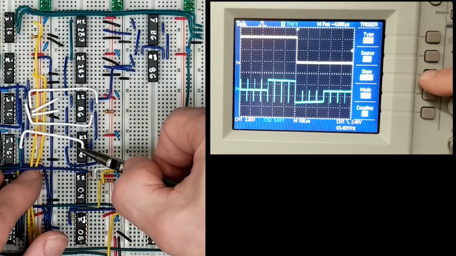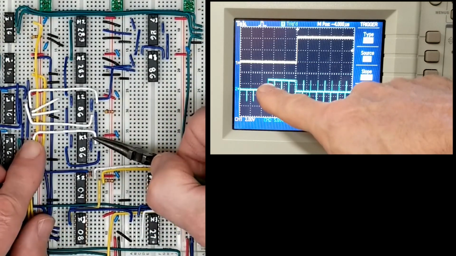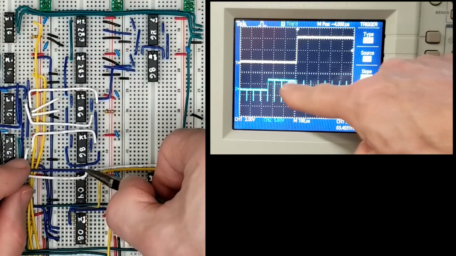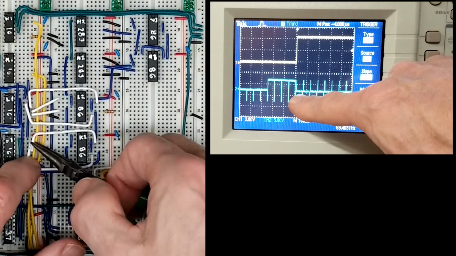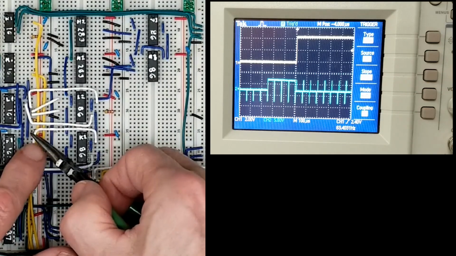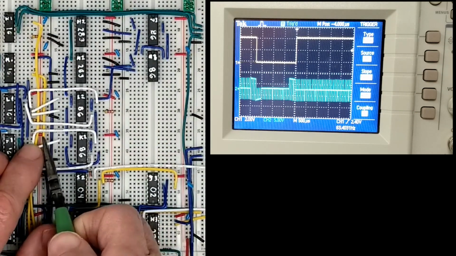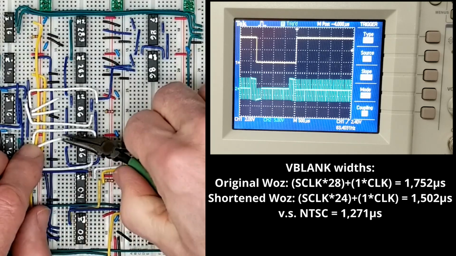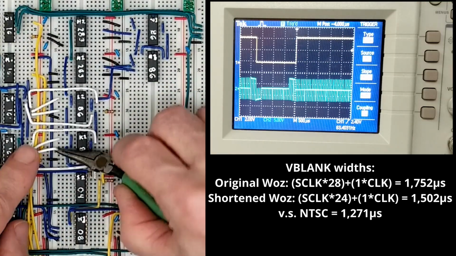Let's trigger on the rise of VSync. You can see here that the right side sits inside the end of our VSync signal. But at this point, the vertical retrace is complete, and the right-hand side shows up at the top of the screen. If we consider the right side a shortening of the vertical blanking period, we do get a little closer to the NTSC spec.